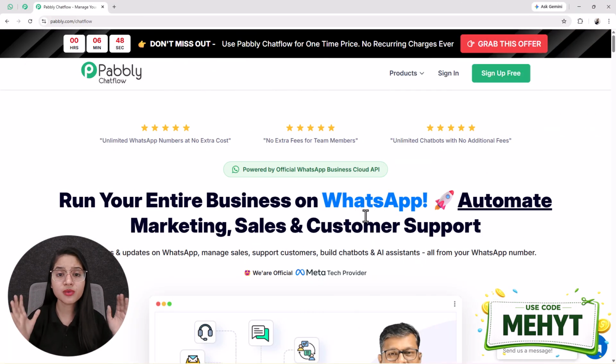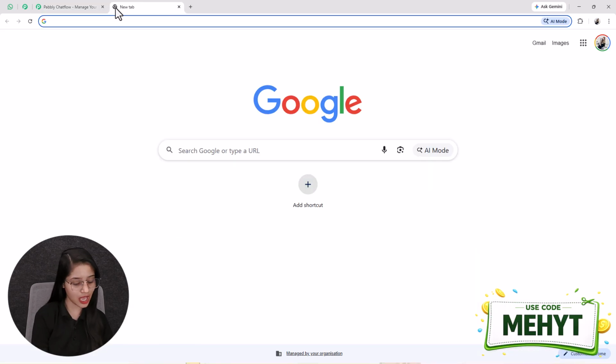If I had 2 minutes to build a WhatsApp chatbot, here's exactly how I would do it. I have been working with automation and chatbots for a long time, and honestly one of the easiest and fastest tools to build a WhatsApp chatbot right now is Pabbly Chatflow. So what are we going to do today? First, simply open a new tab and search for